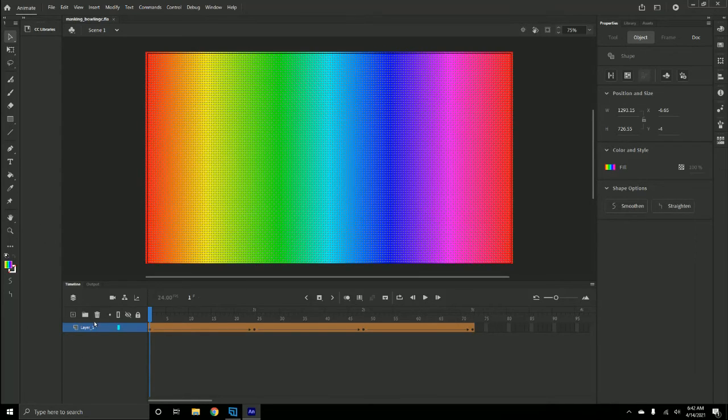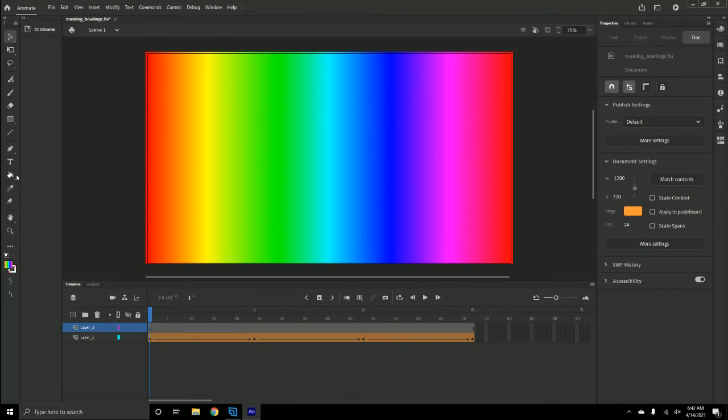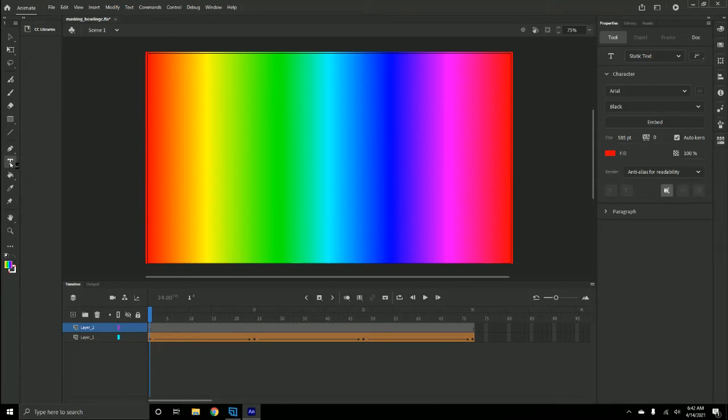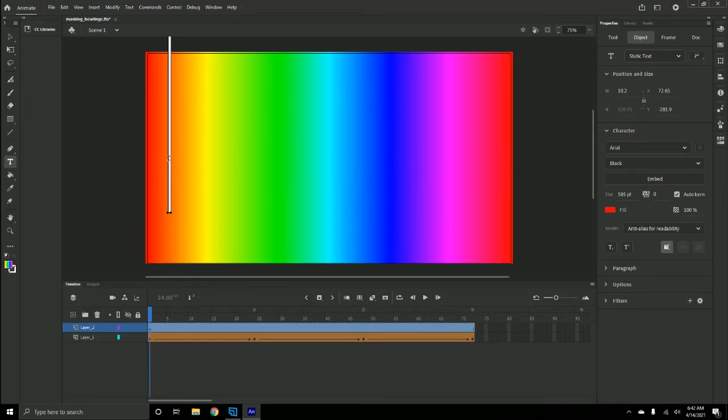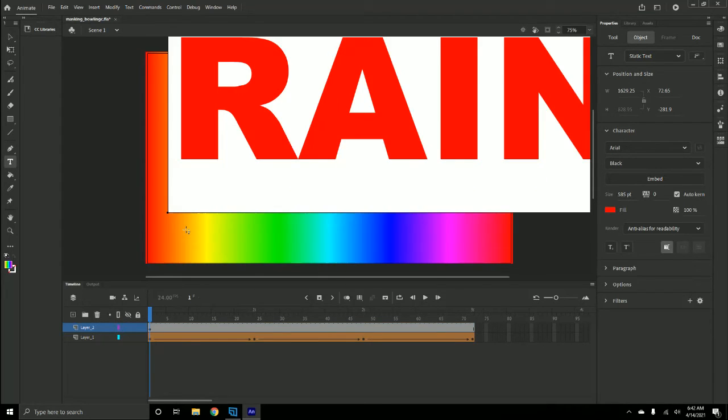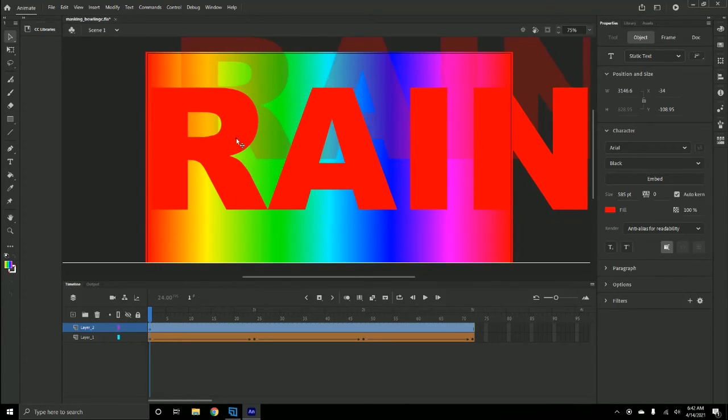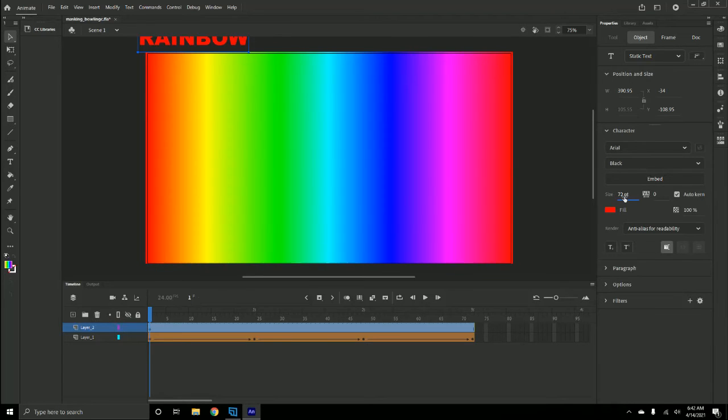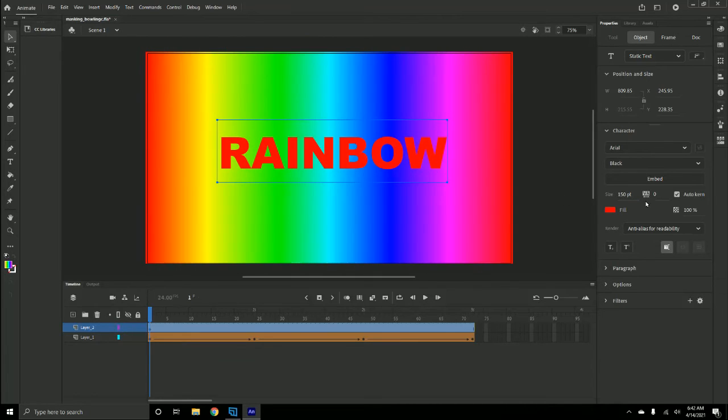So I'm going to make a new layer, select the text tool, rainbow. You can type anything that you want. In the properties panel, you get options for 72. I'm going to keep Arial black because it's nice and thick and you can see what's showing through underneath it. You can also use the free transform tool